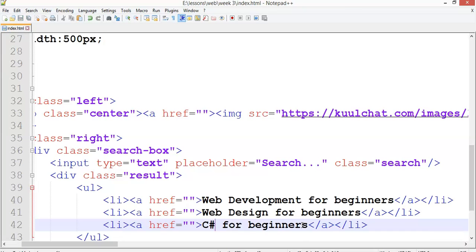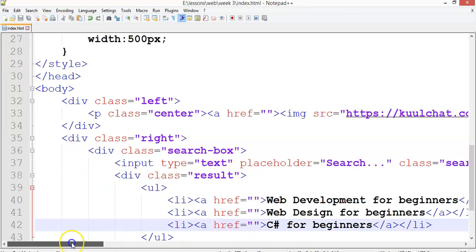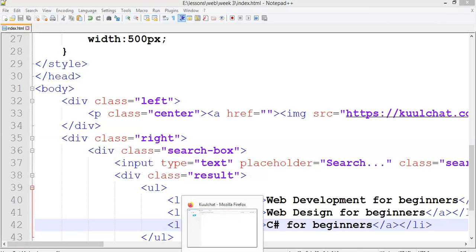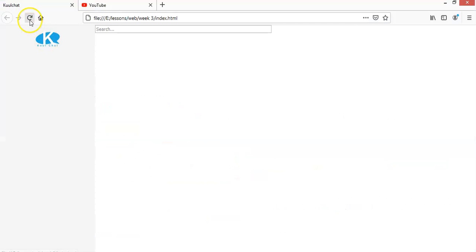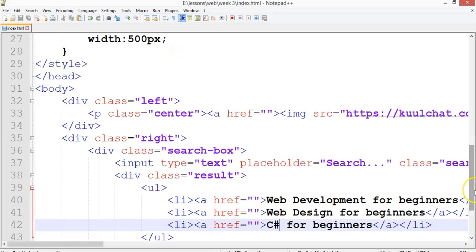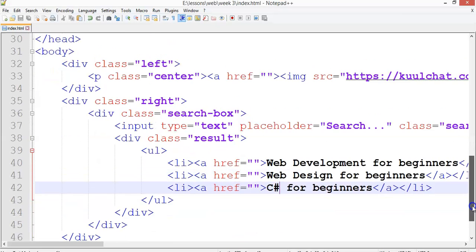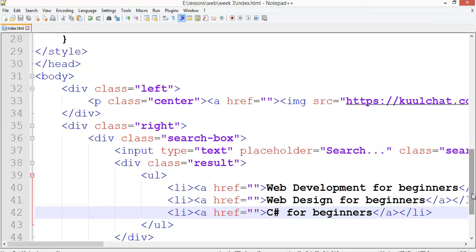Okay. So now we are going to run our code. Okay. So as you can see, we need to style this one. So now if you want to style a particular element